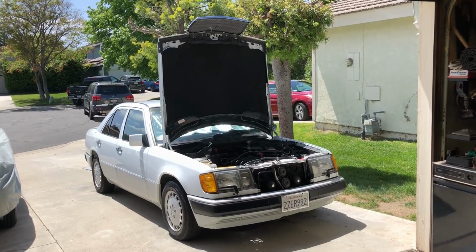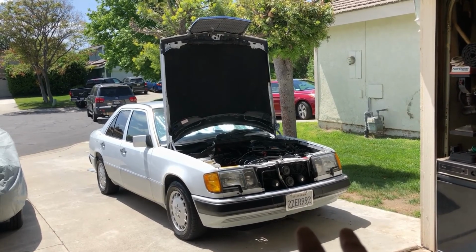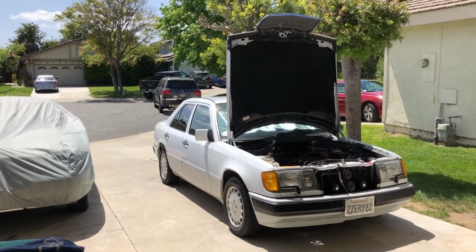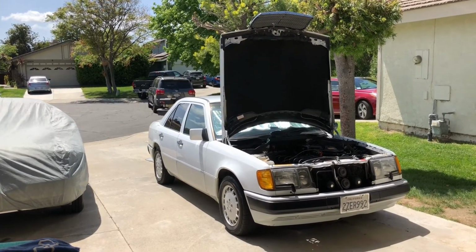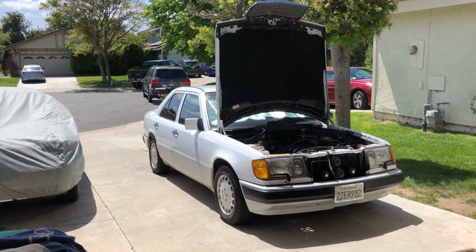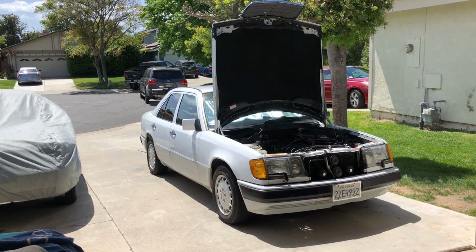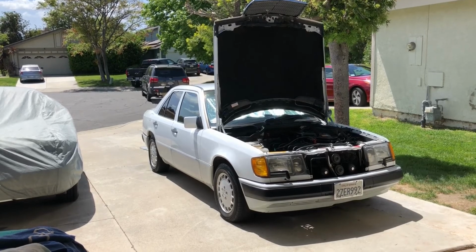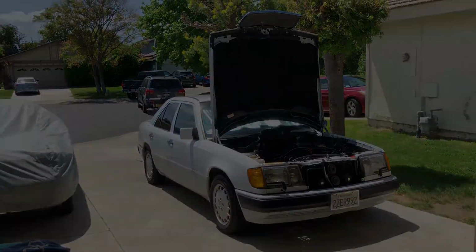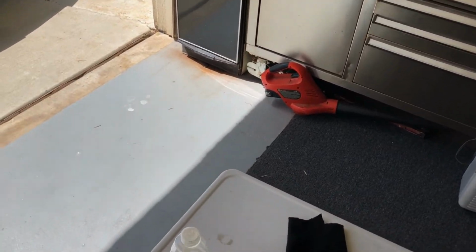So I figured, if he wants to spend the money and take it to a professional place, like where I took the Lincoln, I think it was $350. When you look for a tint place, you look for one that's been in business for a long time, and they're going to be there, because a lot of these pop-up places, it's guaranteed, and then something happens to the tint, and then they're no longer at that shop. It's closed. They've moved to some other state. You just don't know. So anyways, okay, so this is the stuff that I use to wash and kind of